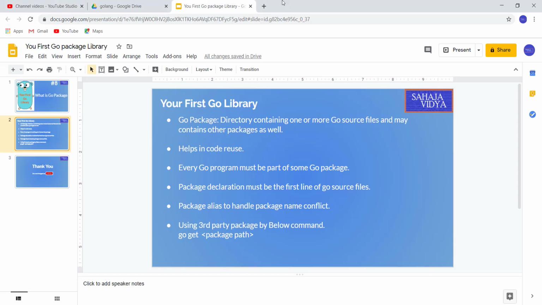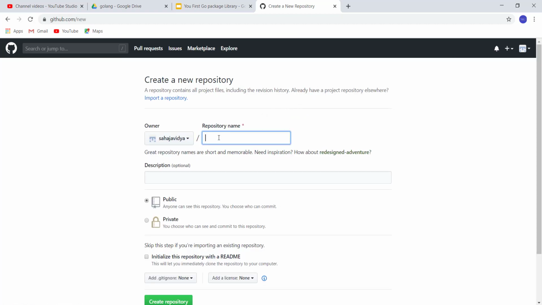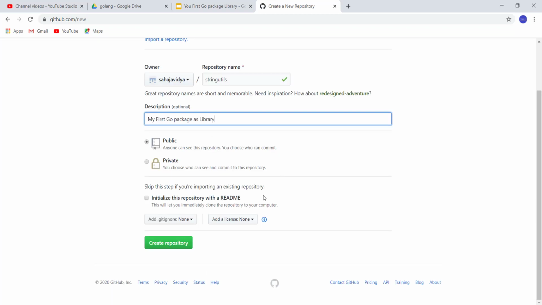Then you need to create a remote repository. Go to GitHub, new repository. We'll give the package name as stringutil, and the description "My first Go package as library". Let's keep other things as they are.